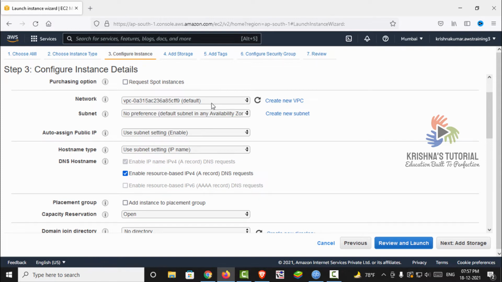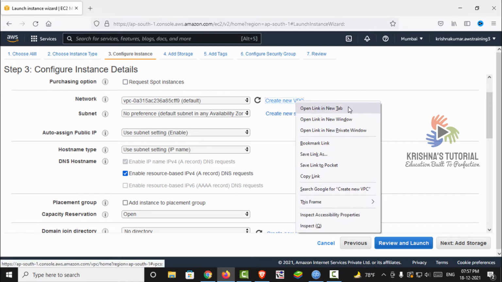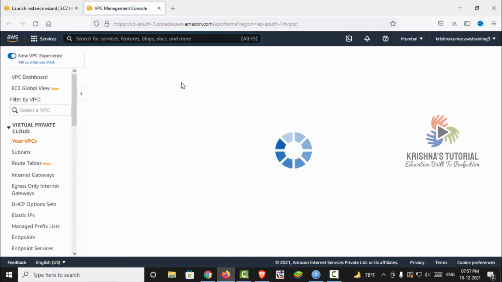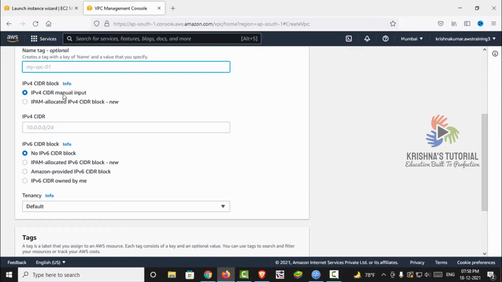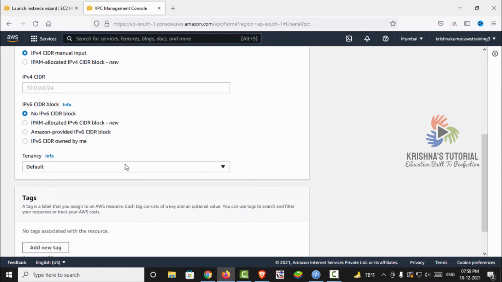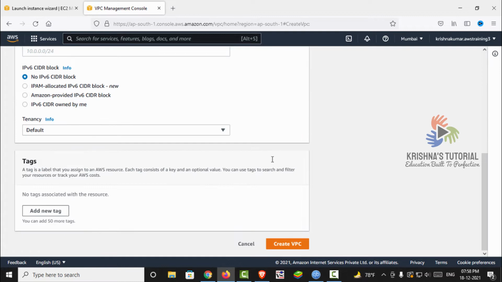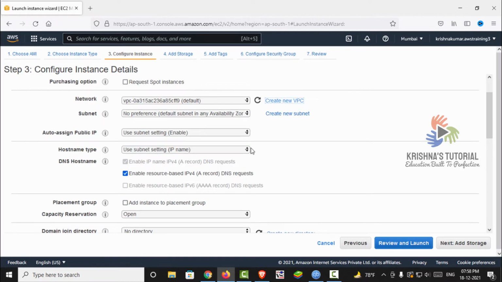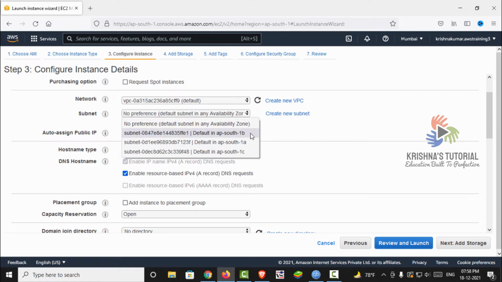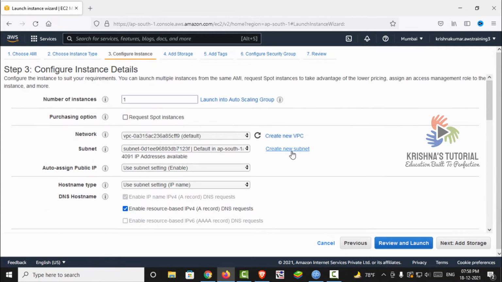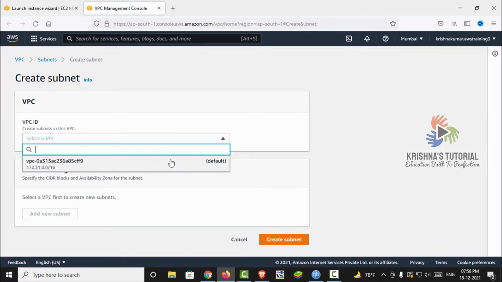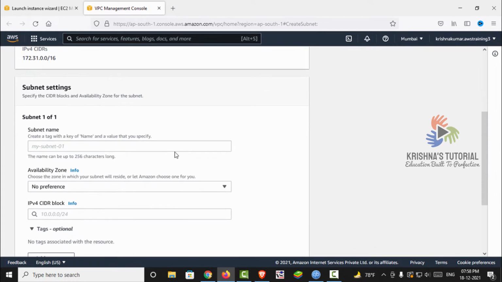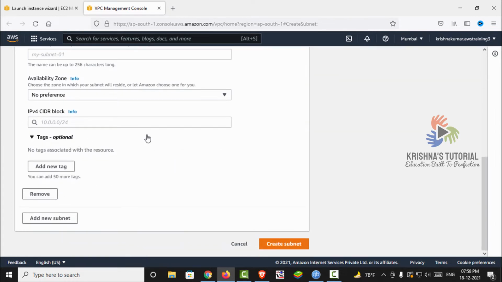The next one you can choose the network. I'm going to use the default VPC for this. If you want to create a new VPC, you can create it using this option. So create VPC, and you can give the name for it and select the IPv4 CIDR block, IPv6 CIDR block. Using this you can create a new VPC and select it during the VM creation. For the subnet you can choose 1A. Subnet 2 you can create on your own using this create option. So you can select the VPC ID and select the new subnet here and give the IPv4 CIDR